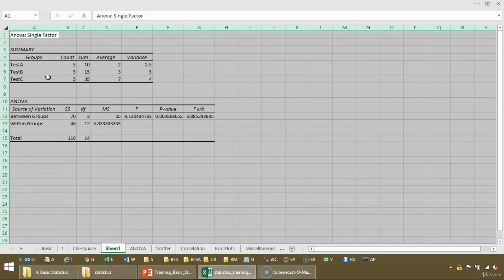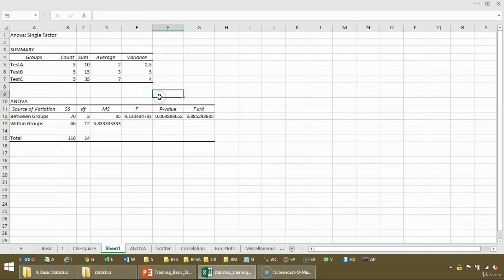So it has done some of the basic things like count, sum, average and variance. So there is some way to calculate the ANOVA. So it has done the calculation over here and it has already given the p-value. So if you want to understand, if you want to do the manual thing, then it is what it is